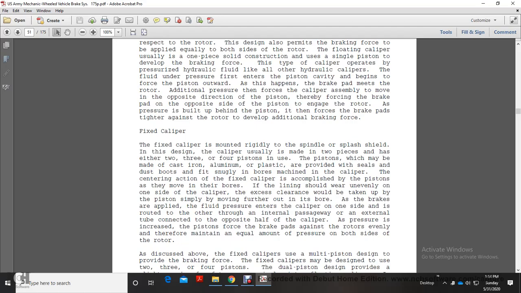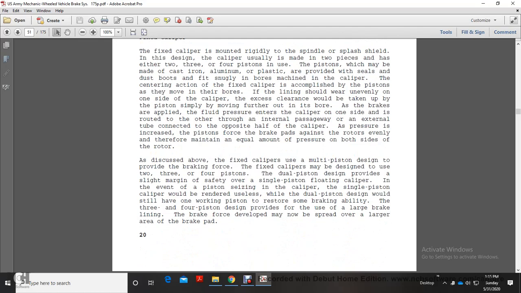Lining should be worn evenly with the one side of the caliper. Excess clearance will be taken up by the piston simply by moving further within its bore. When the brake is applied, fluid pressure enters one side of the caliper and is routed to the other through an internal passageway. The external tube connects with the opposite half of the caliper as the pressure is increased. The piston forces the brake pad against the rotor evenly, maintaining an equal amount of pressure on both